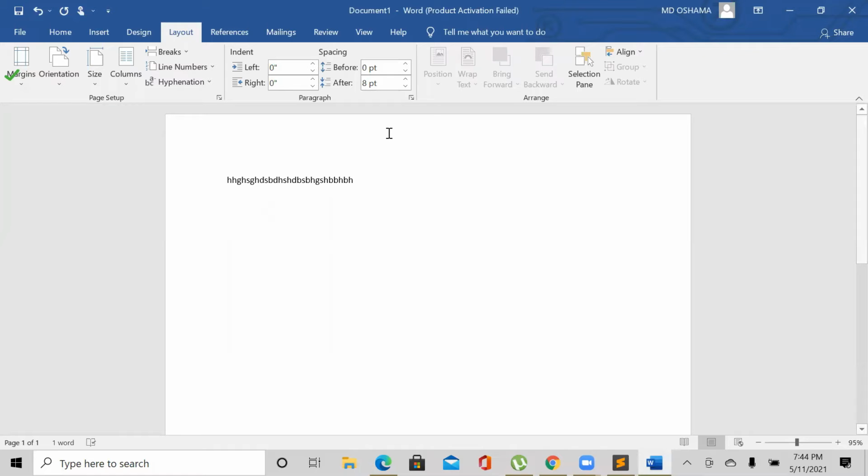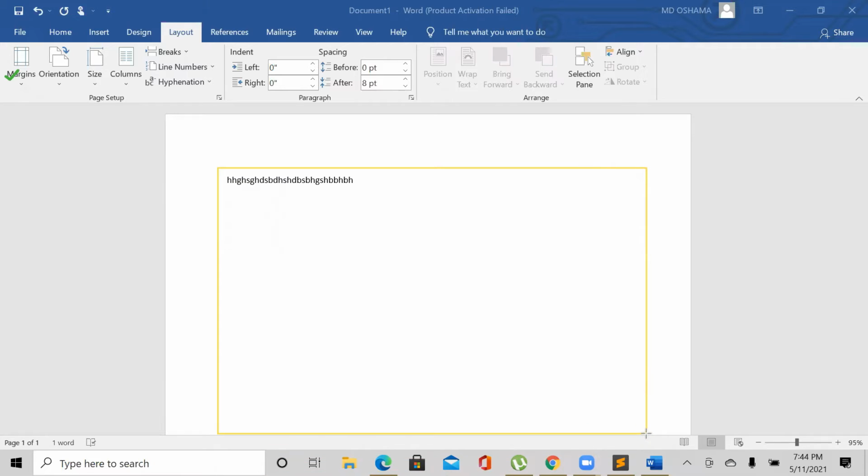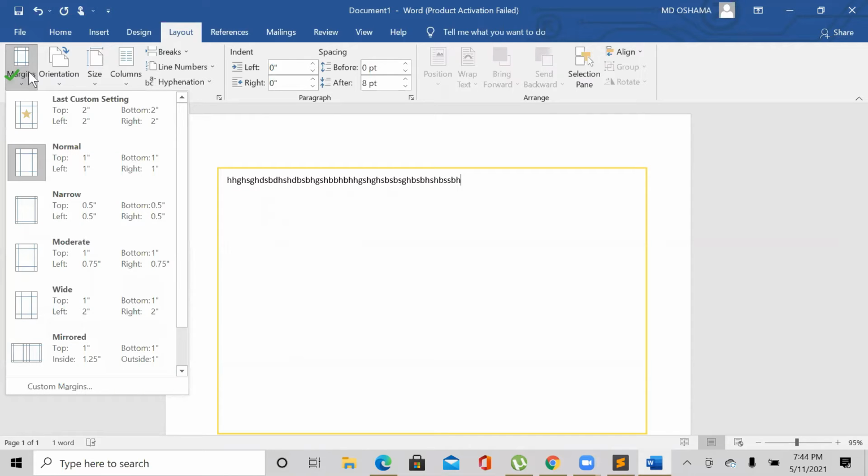So let me draw. Our text is being drawn from here. Look at here. We are able to write from this part only. When we go to the margin section,